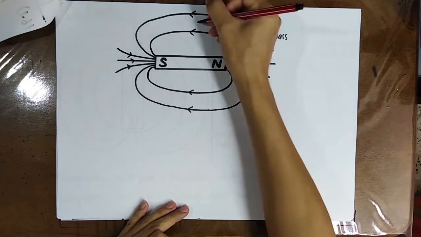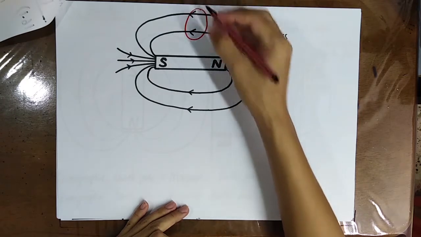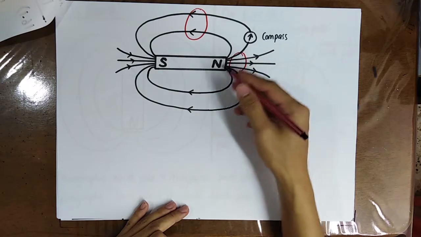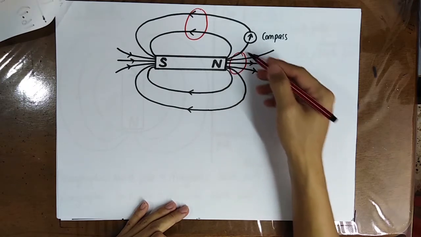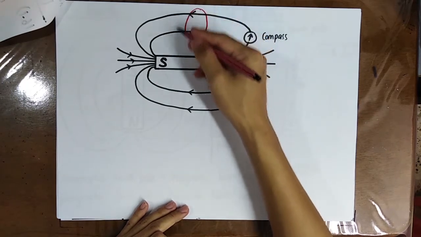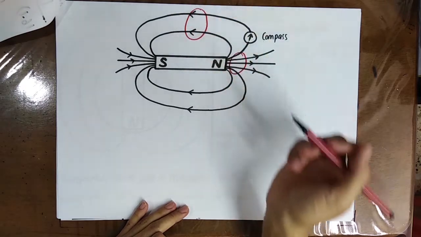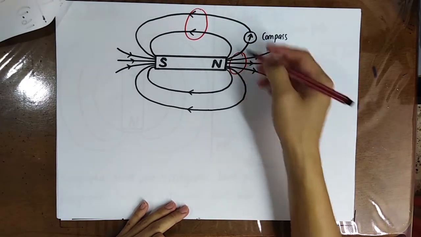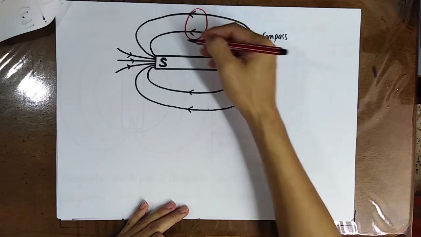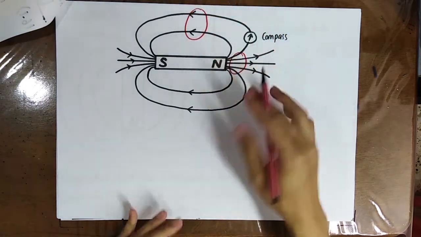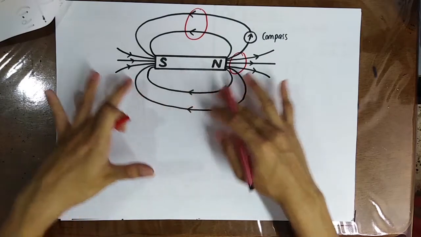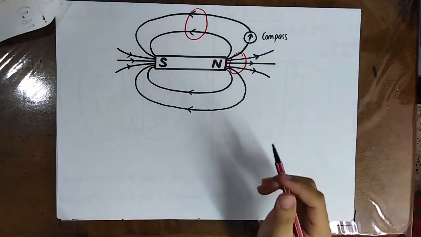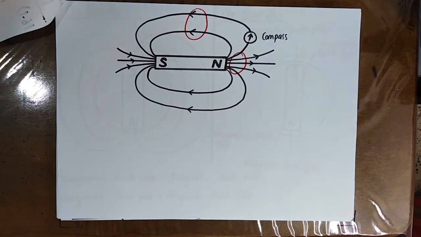And then maybe now you choose here. Now there are only 2 lines in this region. So you can say that the magnetic field strength here is much greater than the magnetic field strength here. That means the magnetic flux density here is much greater than the magnetic flux density here. And then you also notice that the lines will never cross each other. And then actually, I need to tell you that